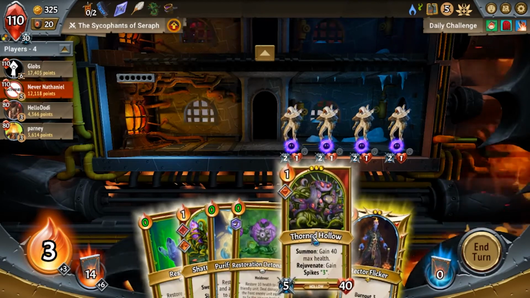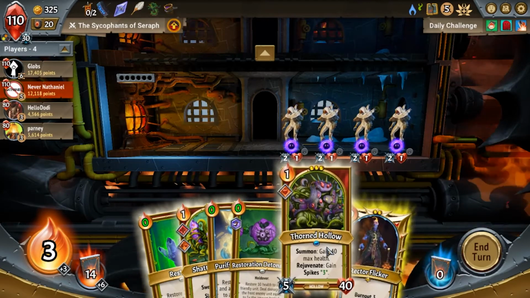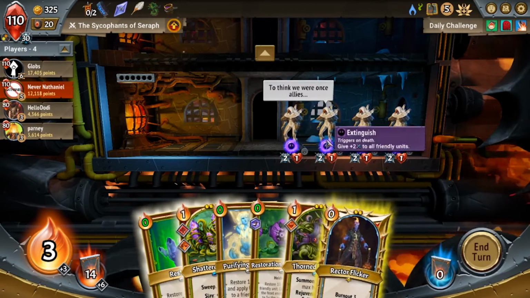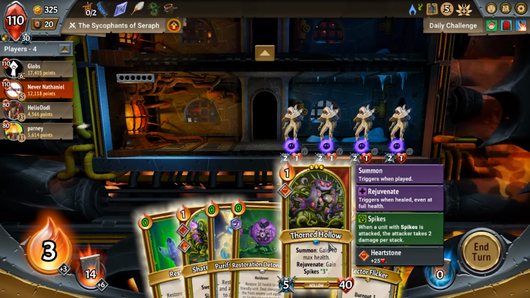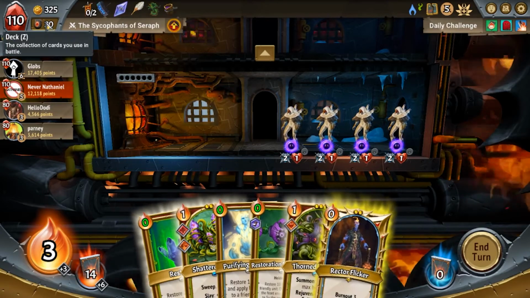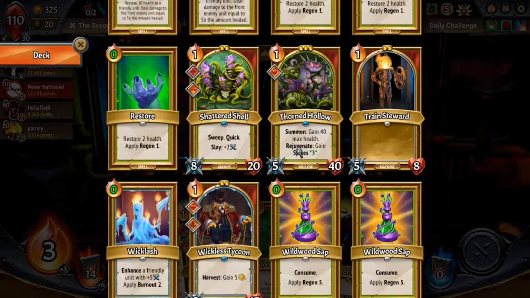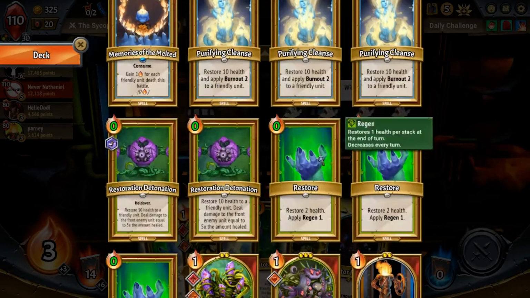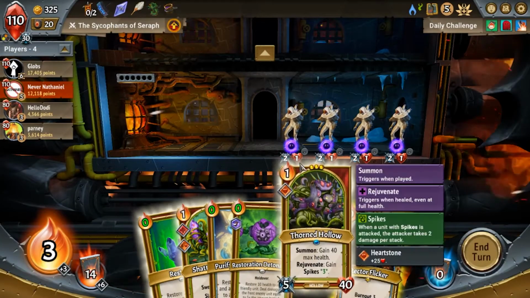Alternatively, if we put the Thorned Hollow plus the Shattered Shell down, the Thorned Hollow will do... We can get a lot of spikes, and that might put us over the edge for later on. We can get a lot of regen on it too. So I am going to switch it up. This might be risky, but I feel like...